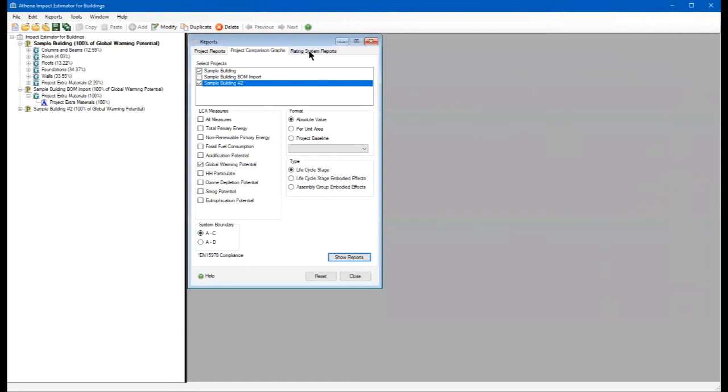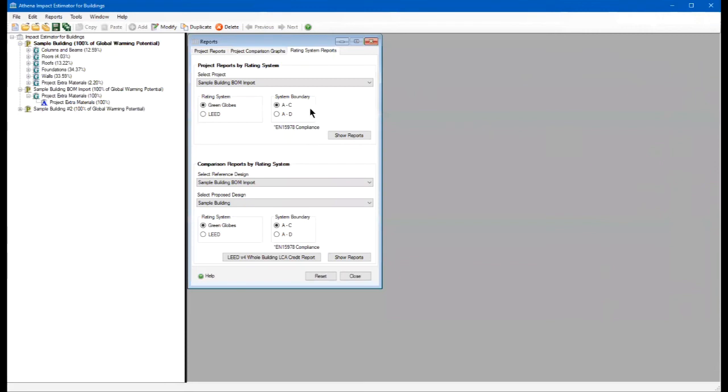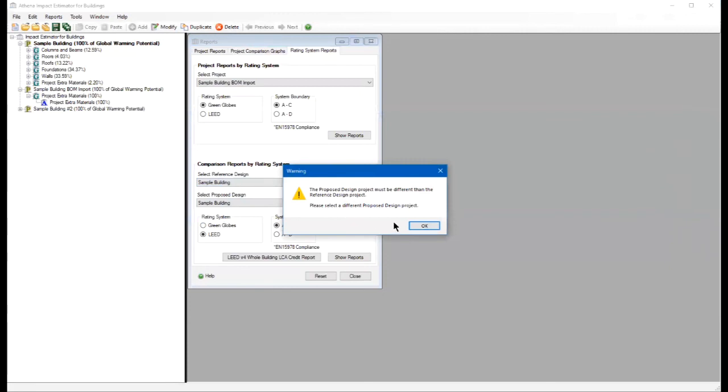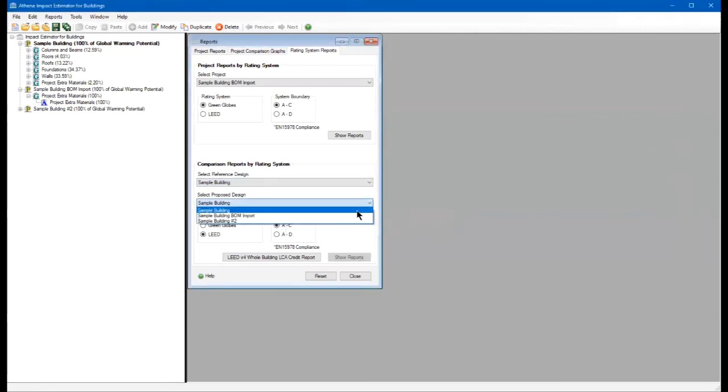The other thing we can do are these rating systems reports. They're geared towards Green Globes and LEED. You can do a separate report for each separate project, but the essence of the LEED report, and Green Globes, is to compare different designs between your reference building and your proposed building design. So again, we've done this reference building as the sample building. Our proposed changes are the proposed building, and if I hit show reports,